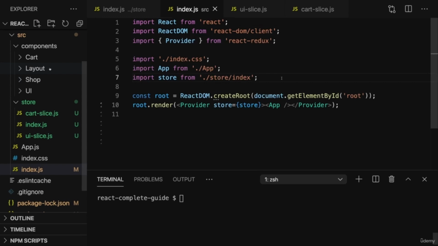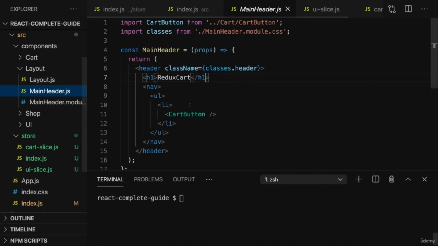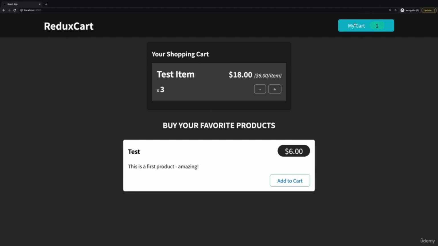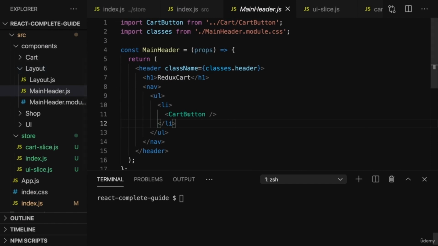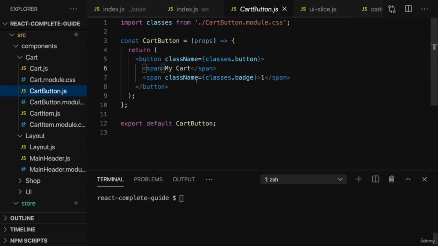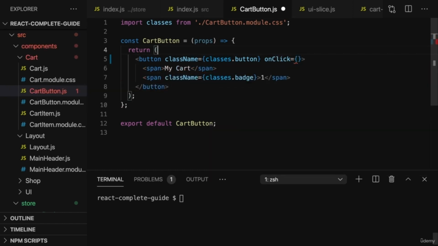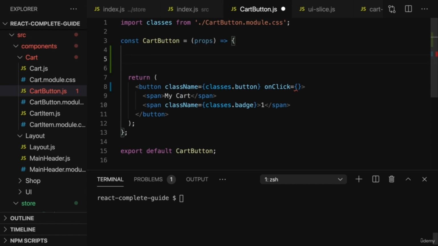So for example, in the layout component, in the layout folder, in the main header component there, we got this cart button. This cart button, which when clicked, should show the cart area. Now to make that work, we actually need to go to that cart button component, which we find in the cart folder. And then here we have our button. Now on that button, we now want to add an on-click listener to make sure that we can do something when it's clicked. And I'll add a new function in the cart button component, the toggle cart handler function,